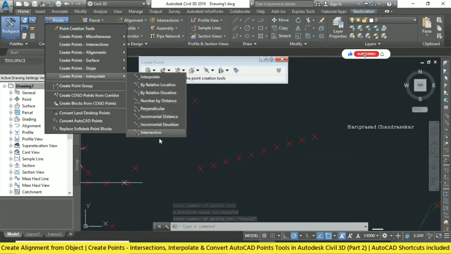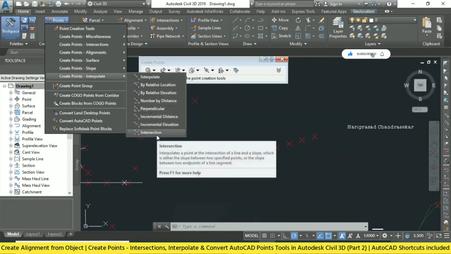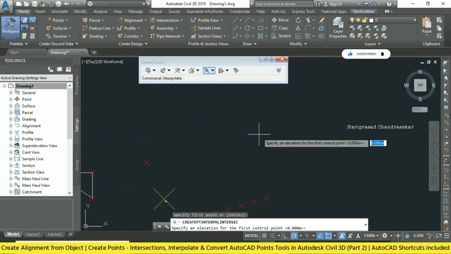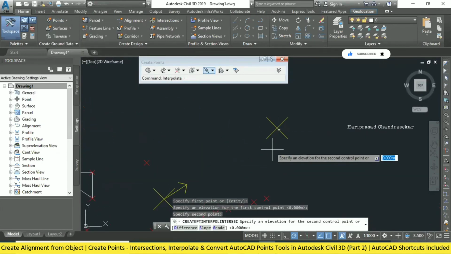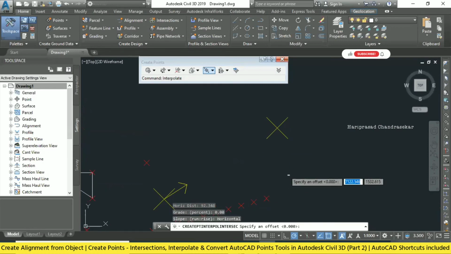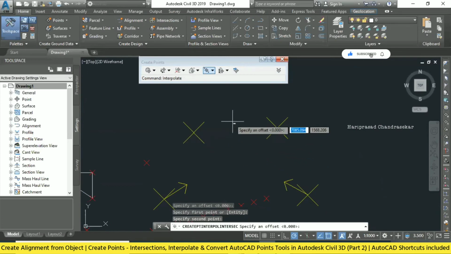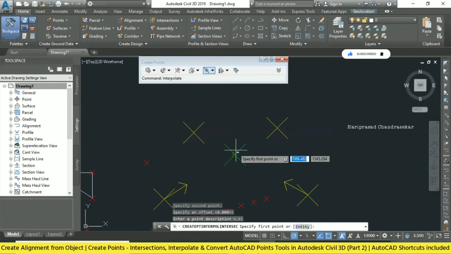And we also have intersection. For example, I go first point, elevation, second point, elevation, offset, then again first point, second point, offset. In that intersection, it will come.